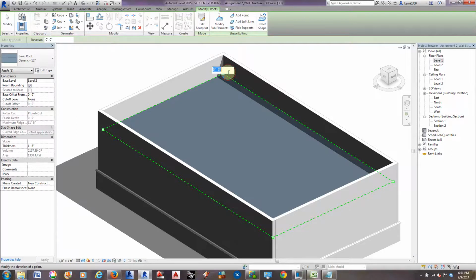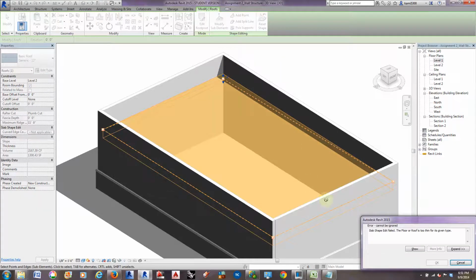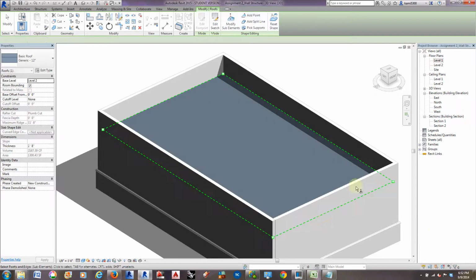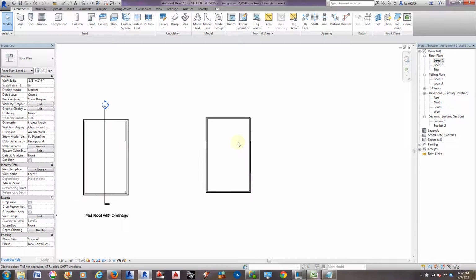We can click on this temporary dimension, and let's just do like 1 foot. You know what? 1 foot goes below the actual thickness of the roof. So let's stick with 6 inches. And now if we go back to our elevation view,